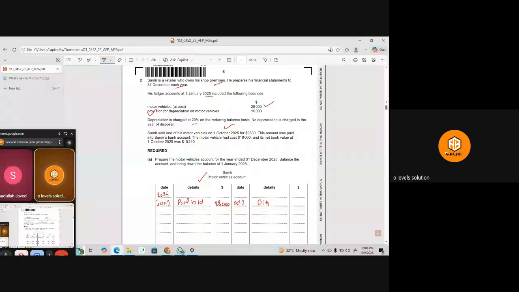disposal. And that's 16,000. ठीक है, and I think there is nothing